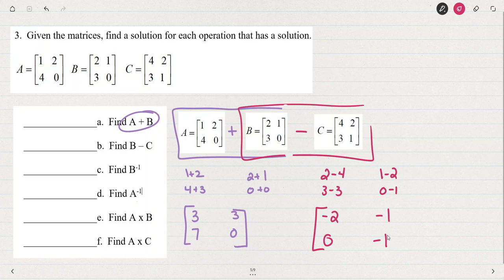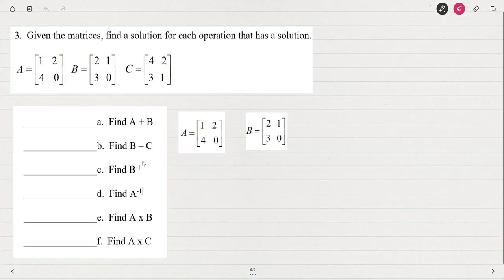Was that all we were doing? Yeah, that was all we were doing for that example. So there's A plus B and B minus C. Now this finding the inverse, that's what this notation means, the inverse of matrix B. So if B is given as 2, 1, 3, 0, and we want to find its inverse,